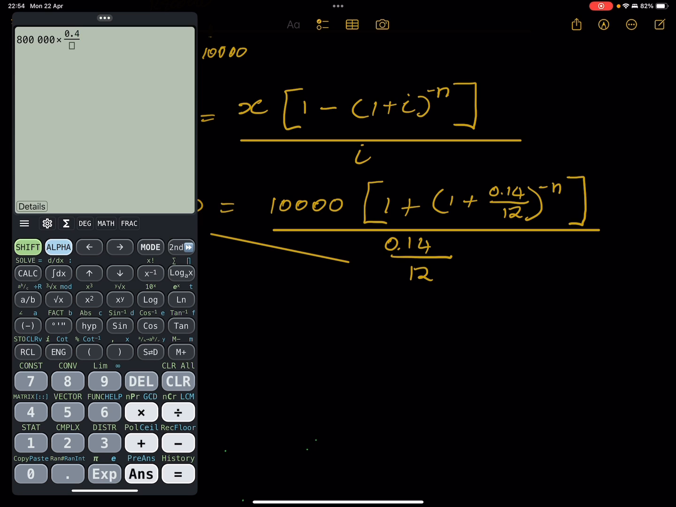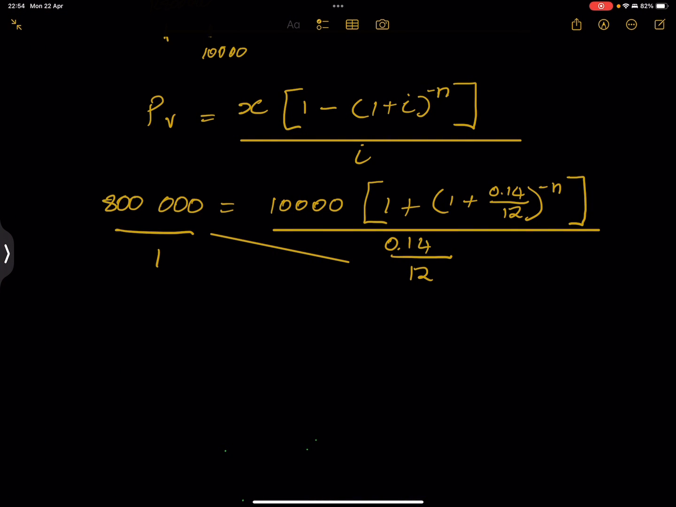0.14 over 12. Okay, and we get that amount, and we divide that by 10,000 rands. Okay, so I get 0.93333. Okay, and in this case that will give me that entire bracket, which is 1 plus